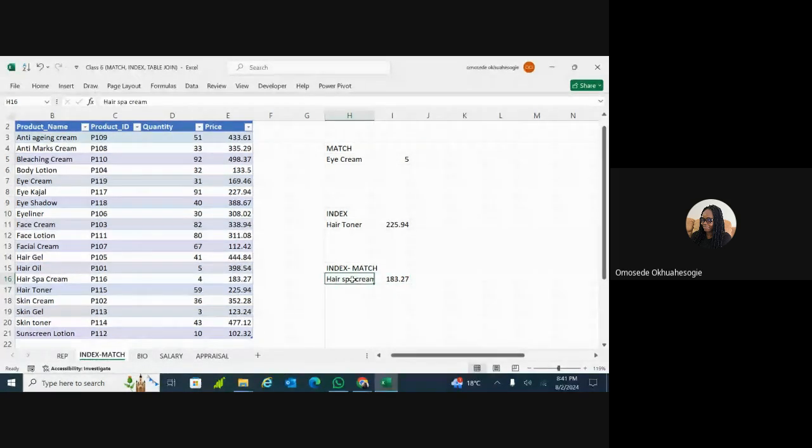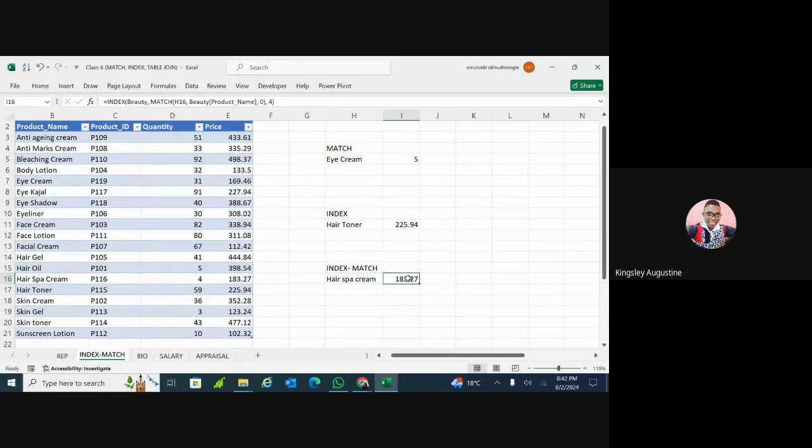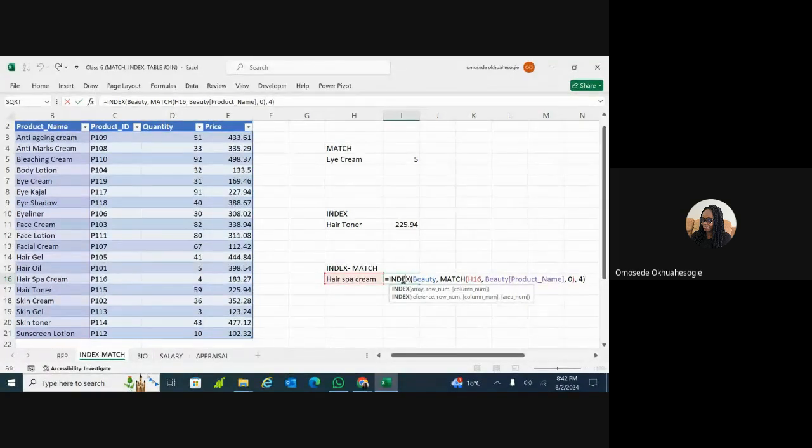So for the person that was asking me if we can do data validation, sorry ma, please, that particular one, I was working it with you, but mine was showing me an #N/A. I don't know, I'm still checking the formula. That's an error. So look at it, look at what I have here, and check what you have there. Is it the same thing? Or I'll go over it one more time. Is that fine? Yes, ma'am. Okay, so